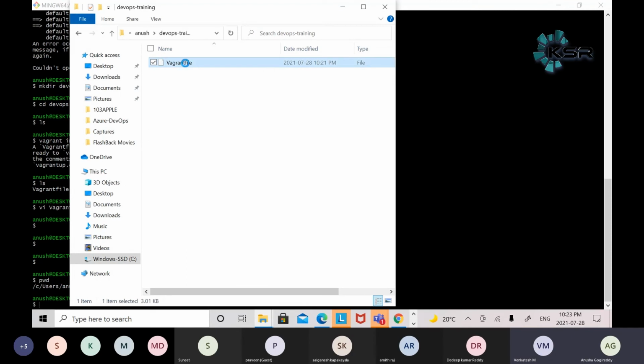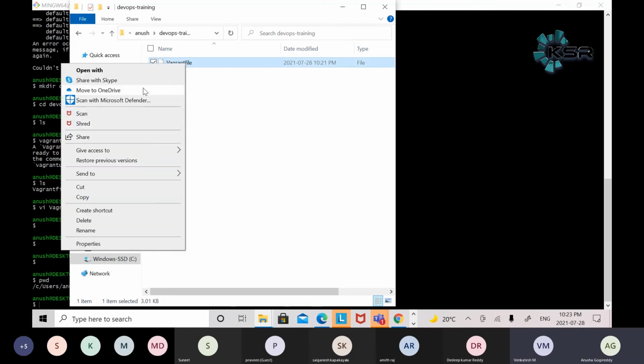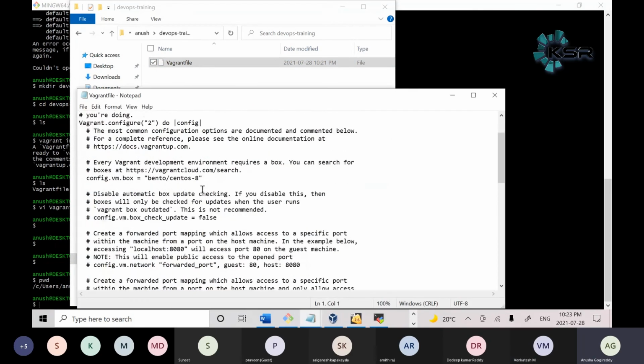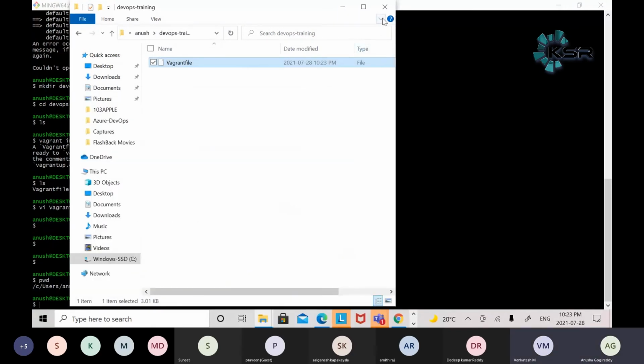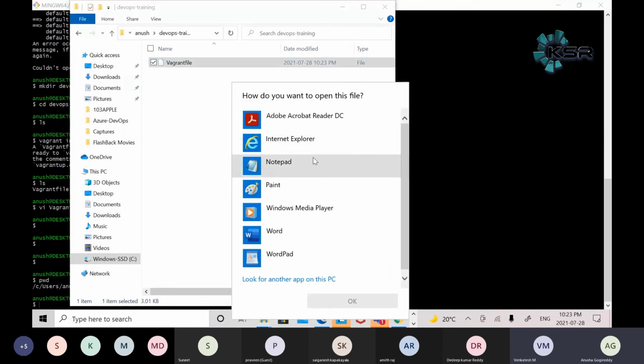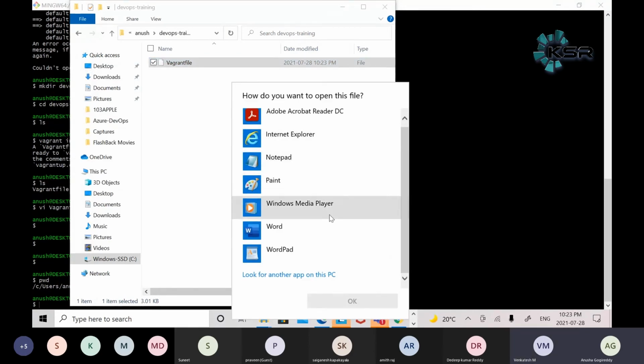Right click, select the file, and you can open it. I think your screen got hung. You can open the file in Notepad++, or Notepad, which is fine.